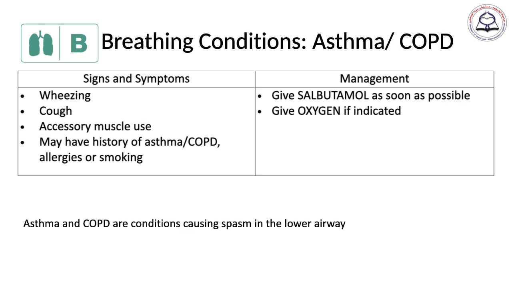Patient with asthma and COPD exacerbation. Patient can present with tachypnea, difficulty in breathing, wheezes, cough. They can use accessory muscles, and some of them have a history of asthma and COPD or allergies, and some of the COPD patients have a history of smoking. These patients need oxygen to improve their saturation and salbutamol to improve the airway narrowing, plus steroids and other